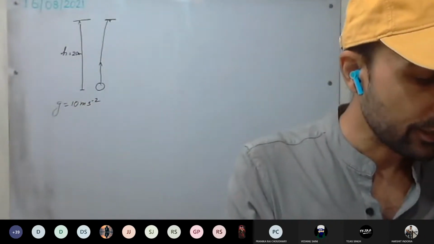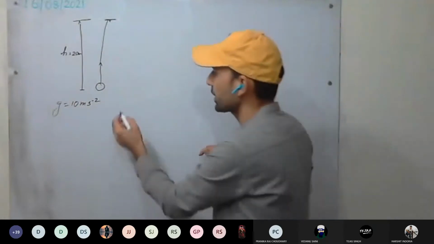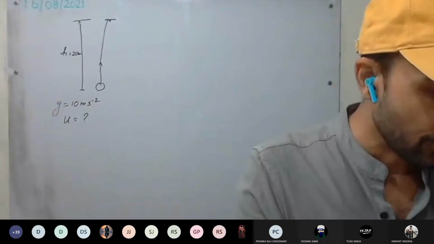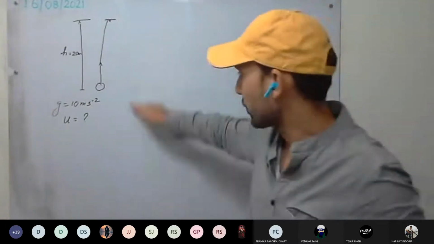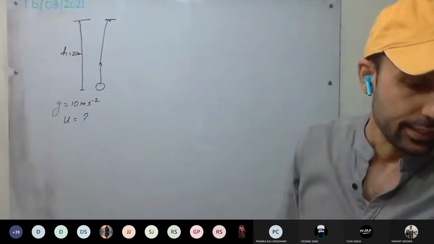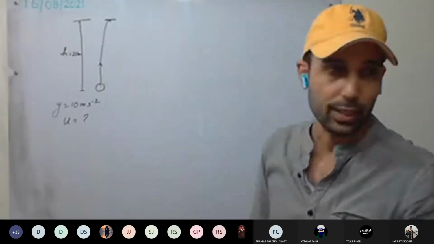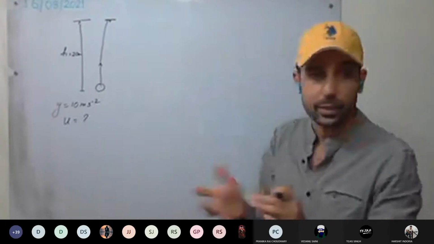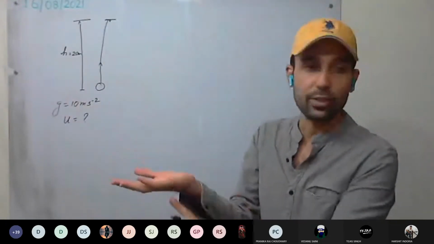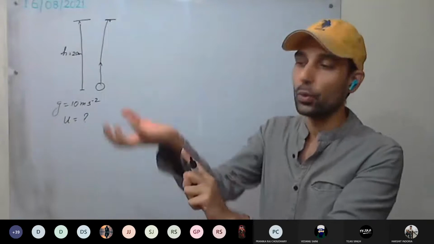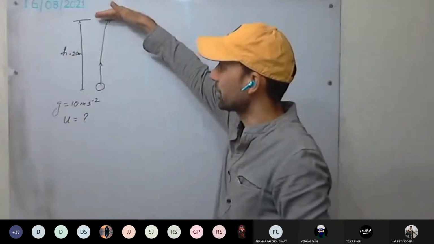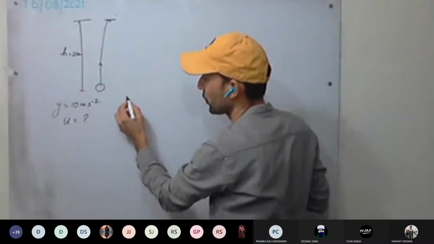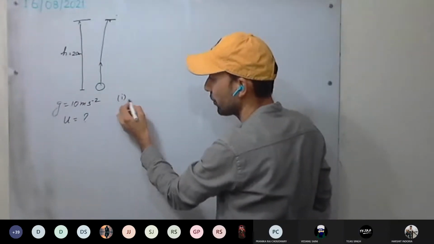We have to calculate the initial velocity of the ball, the final velocity of the ball on reaching the ground, and the total time of the journey. First we need to calculate the initial velocity. We throw the ball upward, so we have provided some velocity to the ball and it goes up. At the highest point, the final velocity becomes 0.